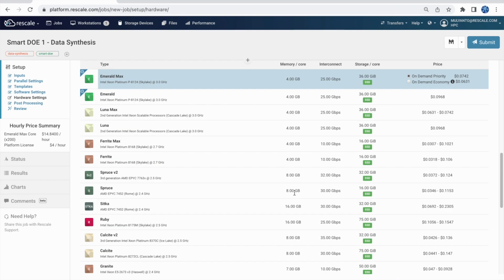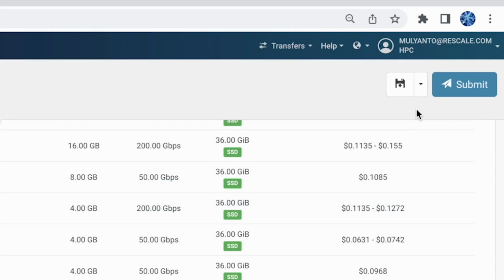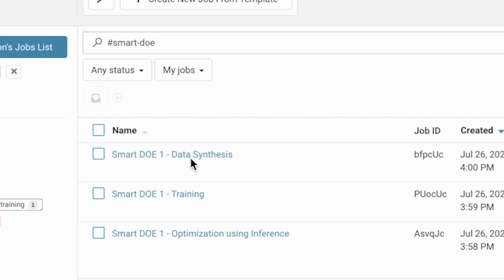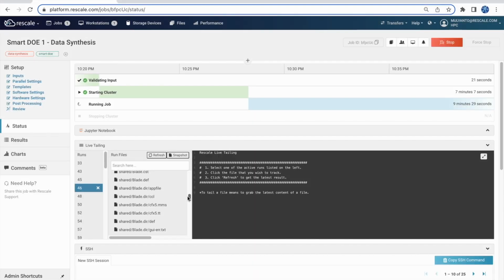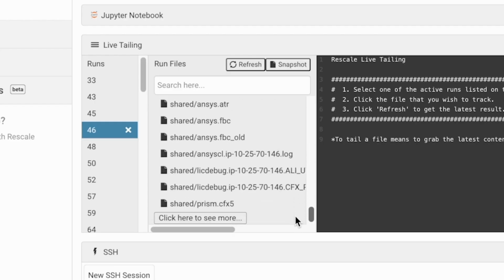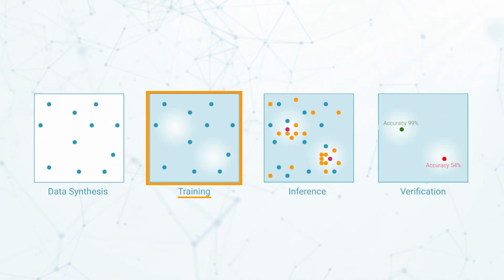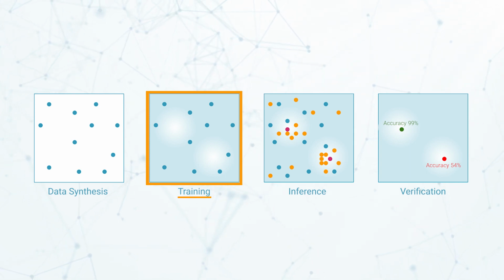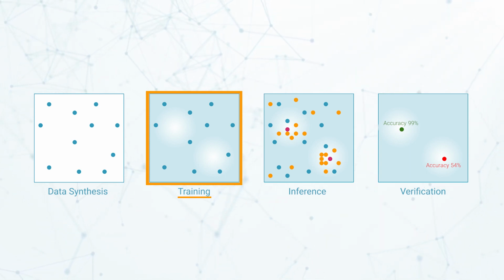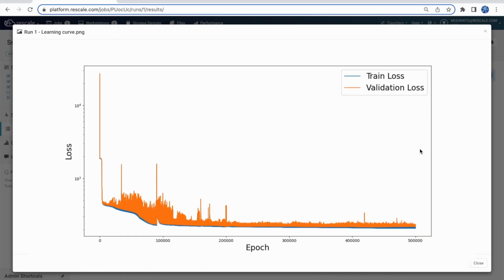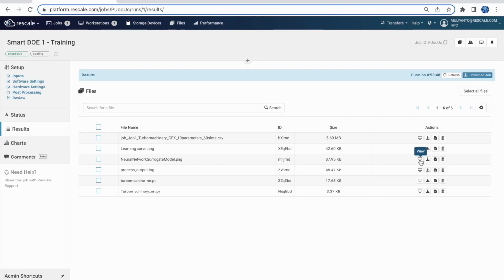We may begin by ingesting historical simulation data via a CSV or by running a design of experiments. Here, we'll run a DOE to synthesize the data. Now that we have synthesized data, we train the machine learning model to emulate our dataset. We will utilize artificial neural networks as our machine learning model. At the end of this step, you will have obtained an artificial neural network which can emulate our physics simulation